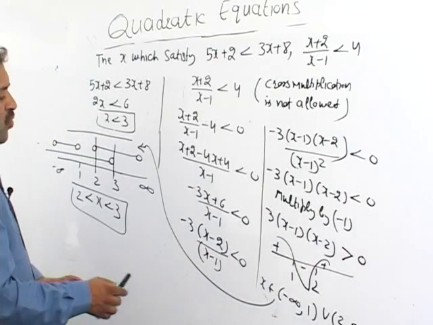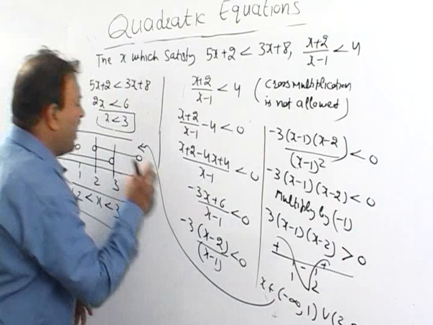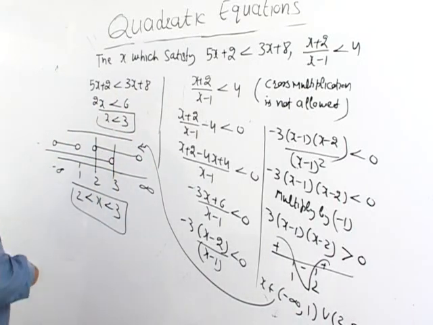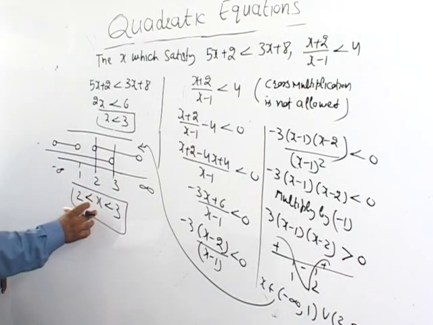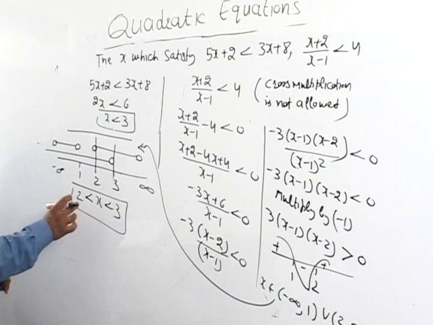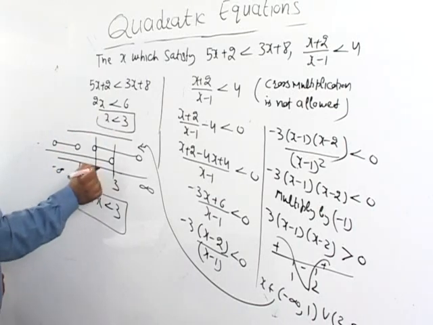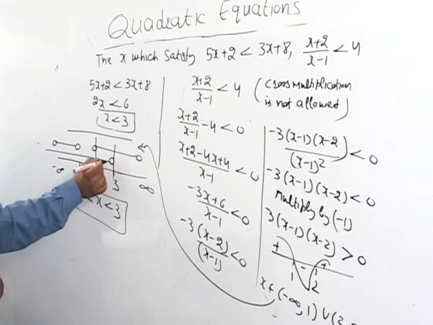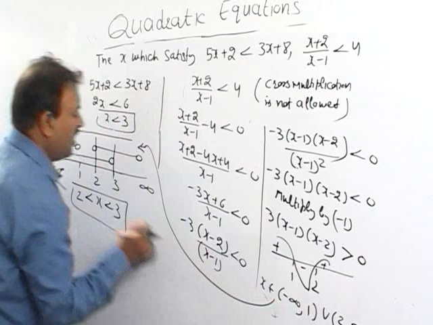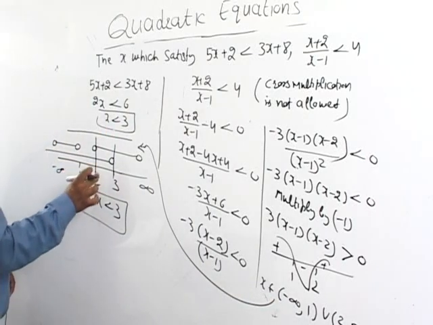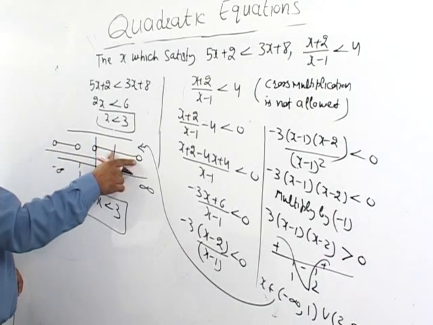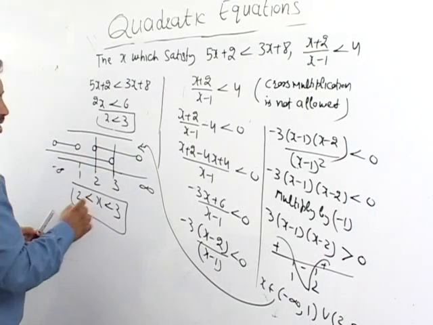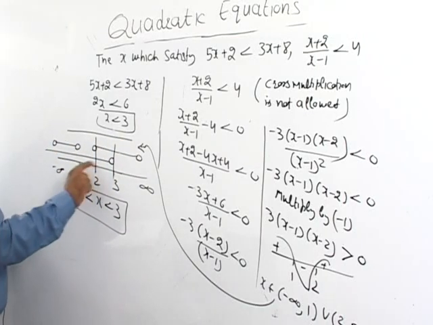Again now we are going to represent both this result as well as this result on a number line. We mark minus infinity, 1, 2, 3, infinity. The first solution is x less than 3. The second result is minus infinity to 1 union 2 to infinity. Where the two lines overlap is the common area; this is one result, this is another result.